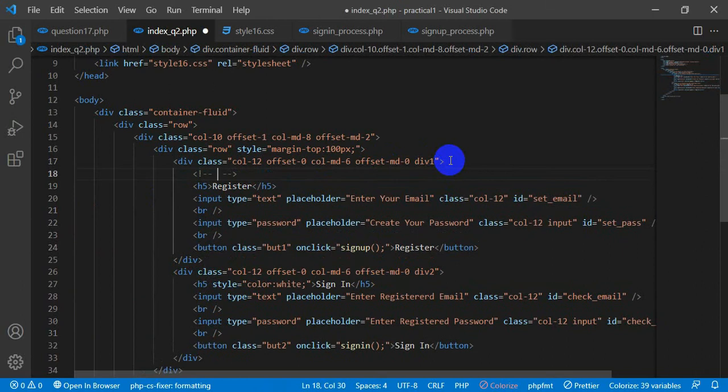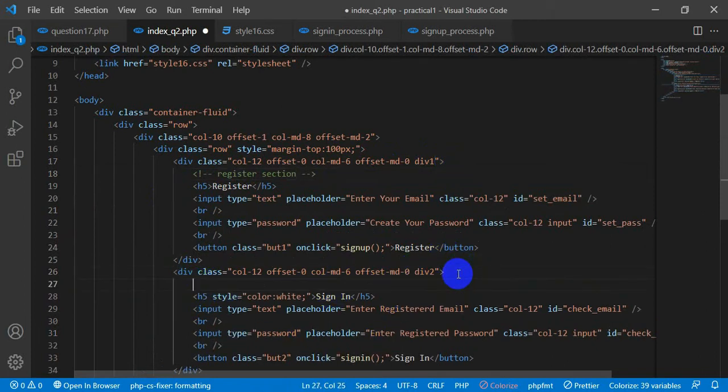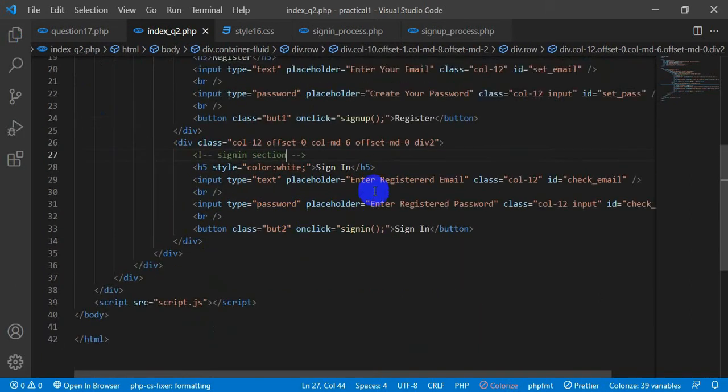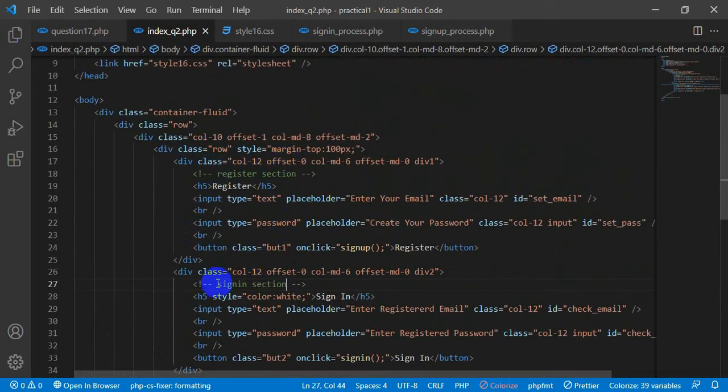This is the register section, and this is the sign in section. So I have the register section and the sign in section.